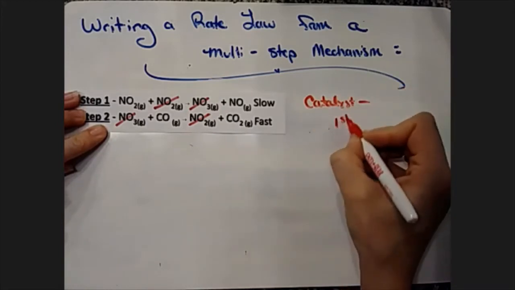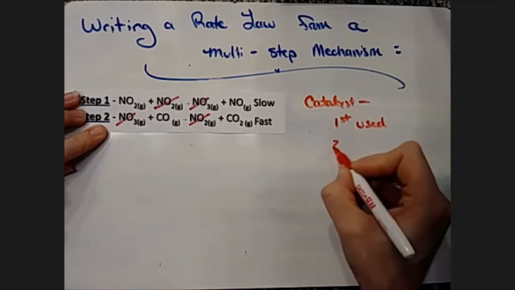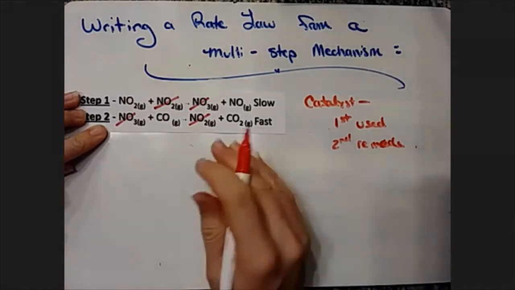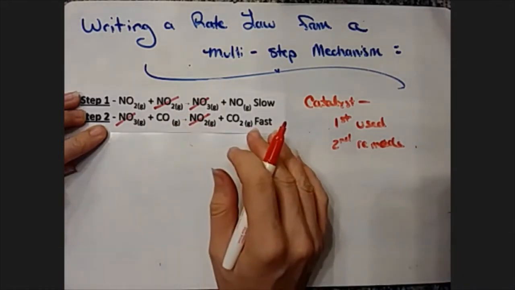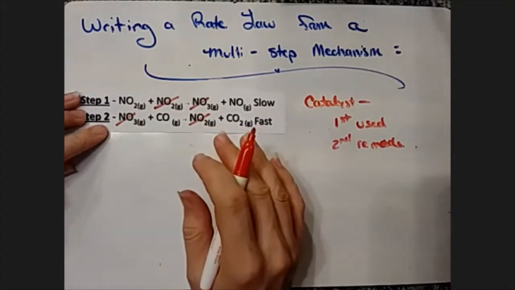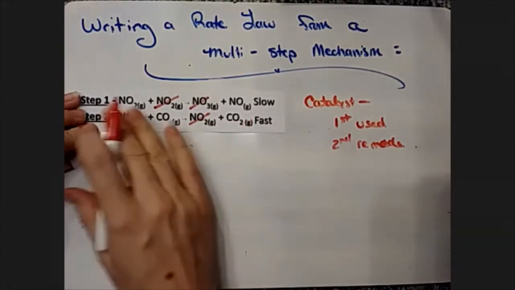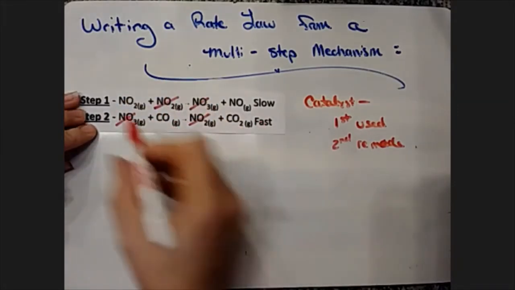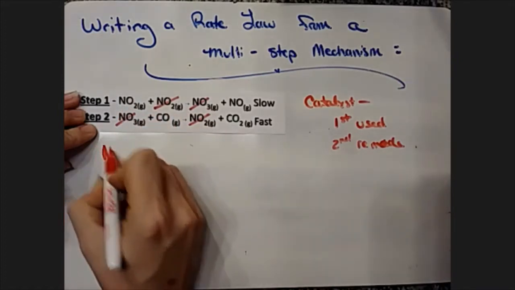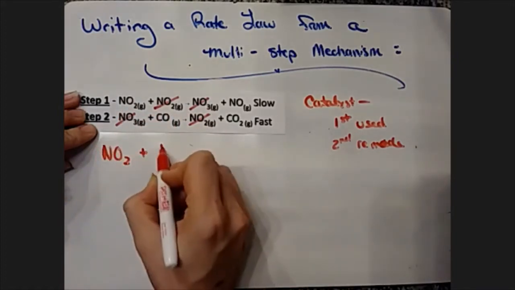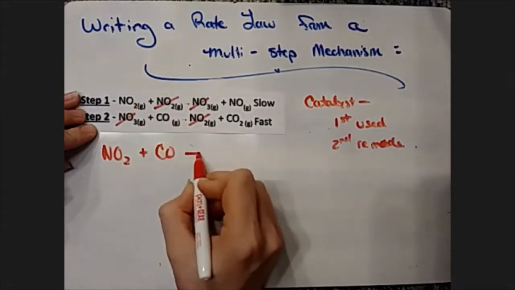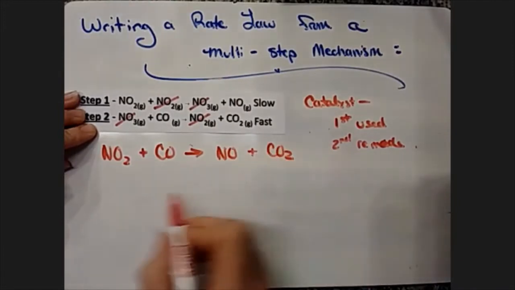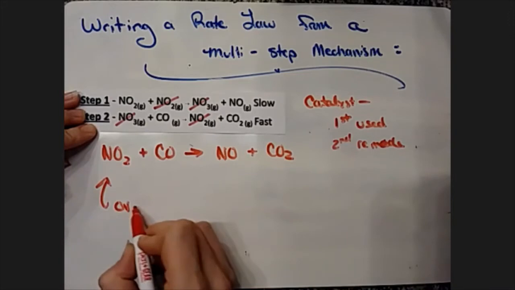That's actually the definition of a catalyst. It's something that's first used and then remade, so it emerges on the other side completely unchanged. Okay, I don't see anything else that I need to cancel out, so let's rewrite what we have left over, net. The reactants stay the reactants, so I would have an NO2 left over and a CO left over. On the product side, it looks like I have an NO and a CO2. So this is the overall equation